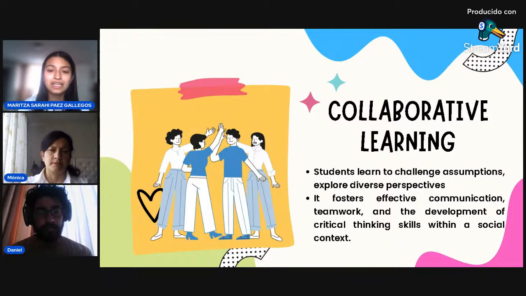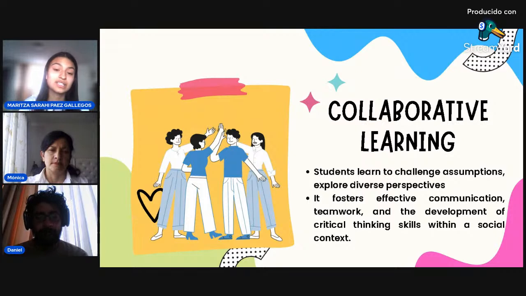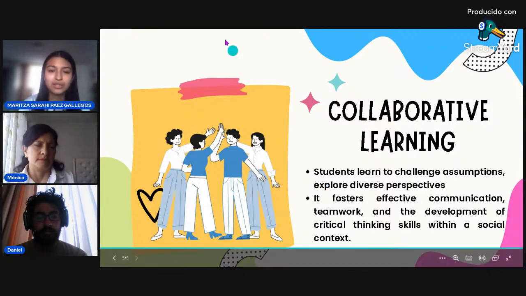So, to summarize, setting a context for critical thinking, asking open ended questions, incorporating problem solving activities, and promoting collaborative learning are powerful strategies to cultivate critical thinking skills in your classroom. Remember, critical thinking is a lifelong skill that empowers students to become independent and creative thinkers. By implementing these strategies, you will equip your students with the tools they need to analyze, evaluate, and navigate the complexities of the world. So, before we conclude,